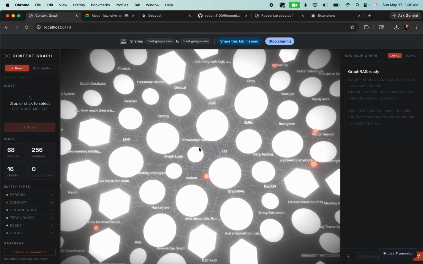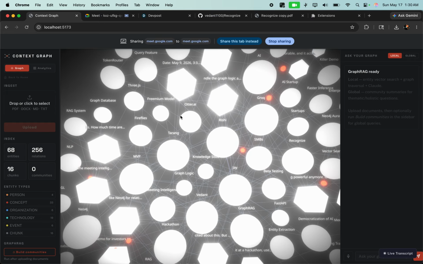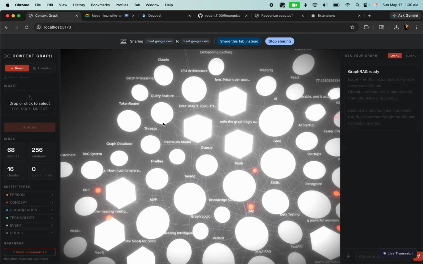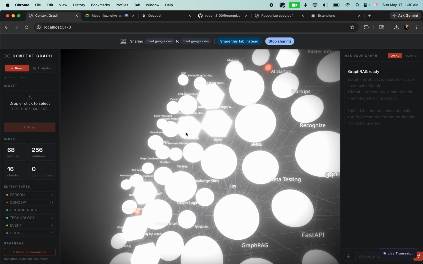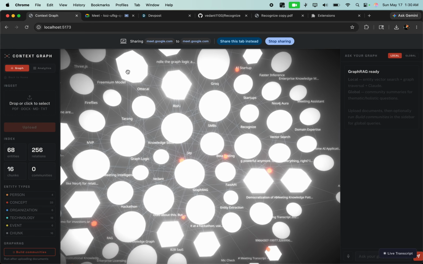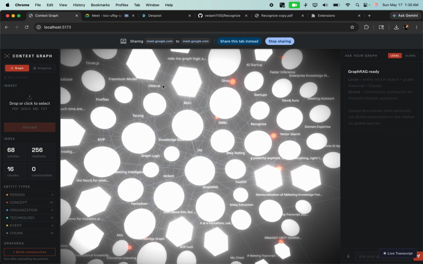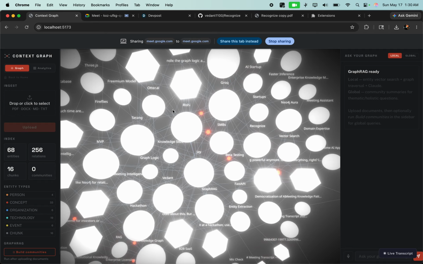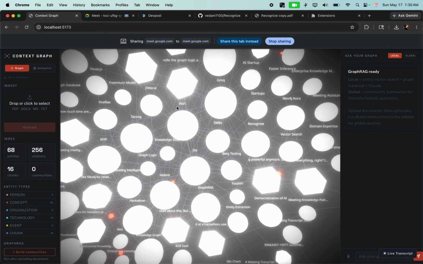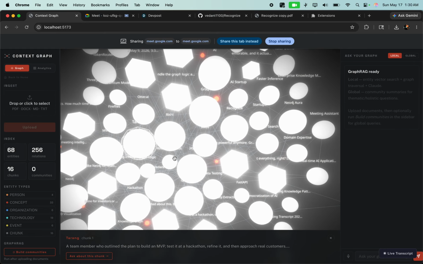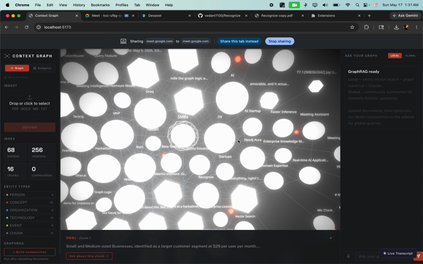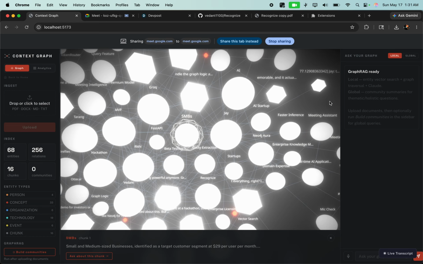So this context graph is a collection of embedded nodes. We made this using Neo4j, and this represents the topics that we discussed during all the meetings throughout our database. So as you can see, in our internal testing we discussed a lot of things, and most of the time our usernames were the ones that were associated with it, so it made chunk nodes of our names, and this is how the graph is connected.